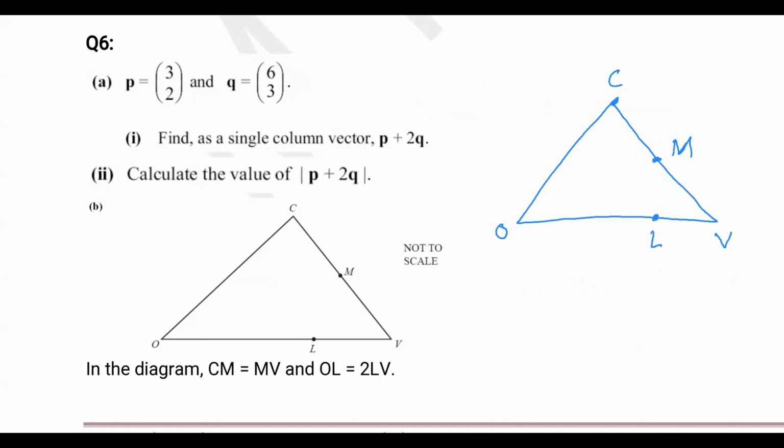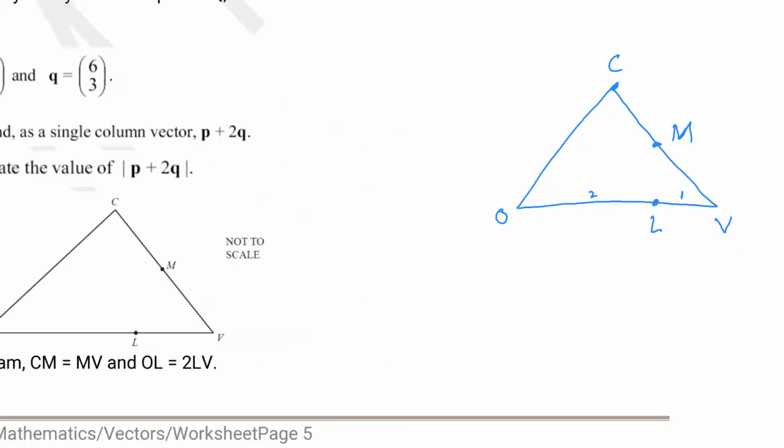Okay, it says there's a triangle, and in that triangle CM is equal to MB, so M is a midpoint. OL is twice LV. OL is twice of LV, meaning if LV is having one part, then OL will have two parts, and overall OV will have three parts. Now on the next page, the question is,